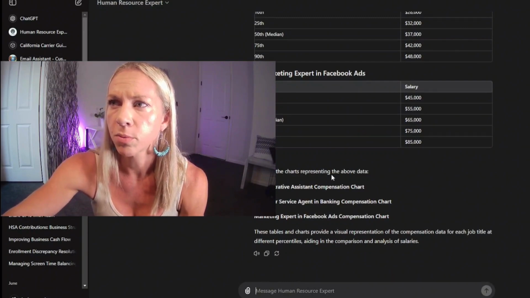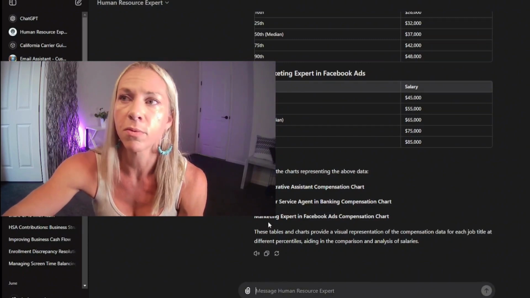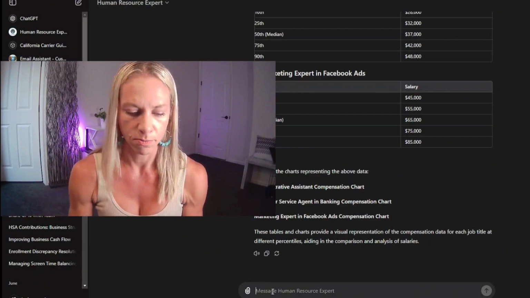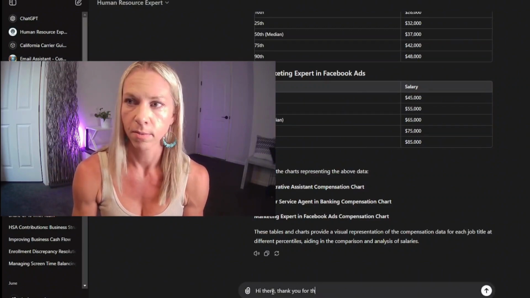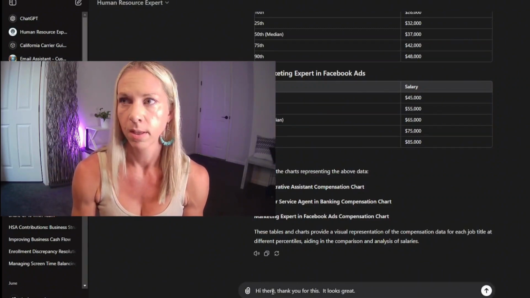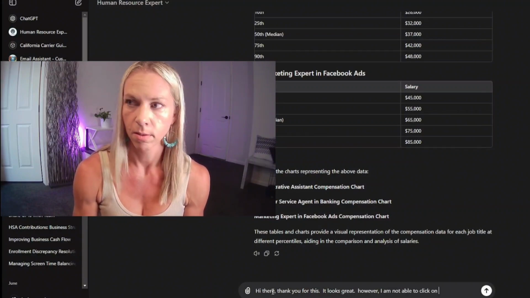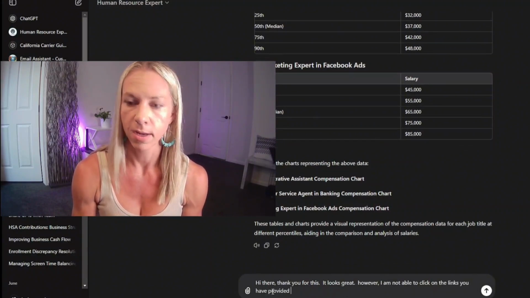Here are the charts representing the data above. Okay, so I've had this issue before where the links don't really work. I am not able to click on the links you have provided above.